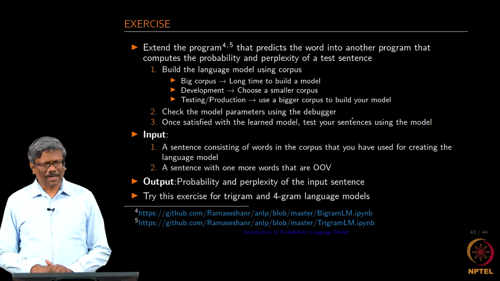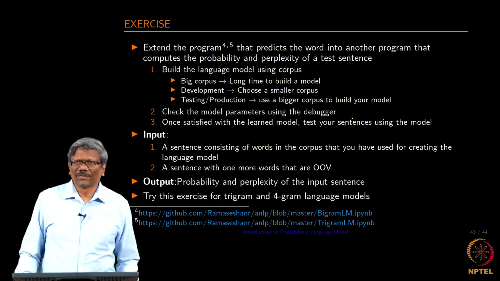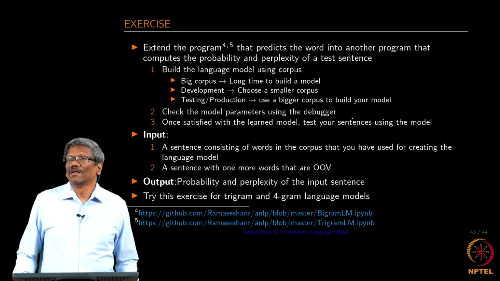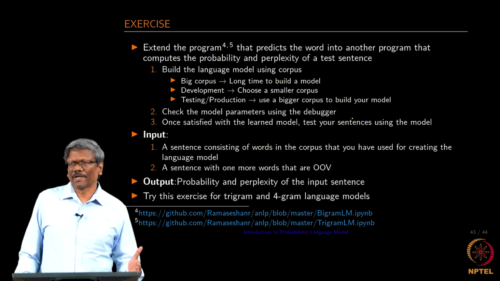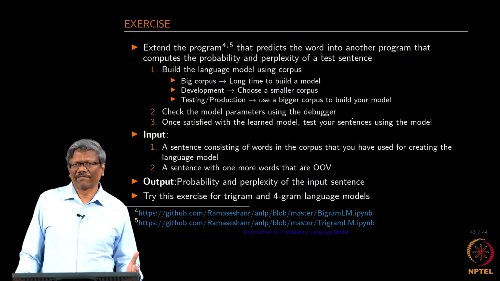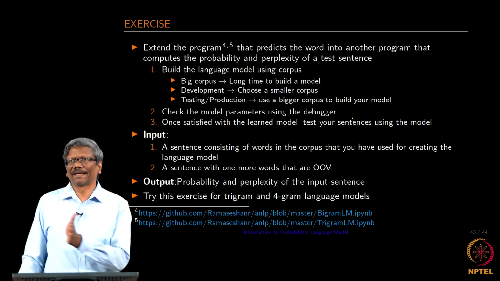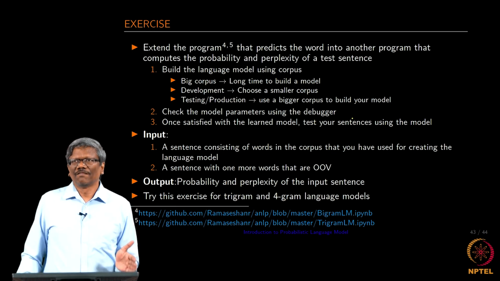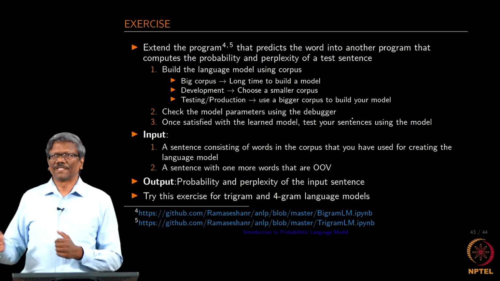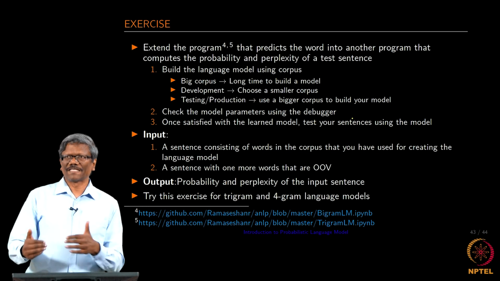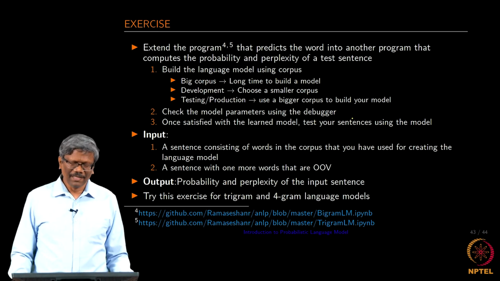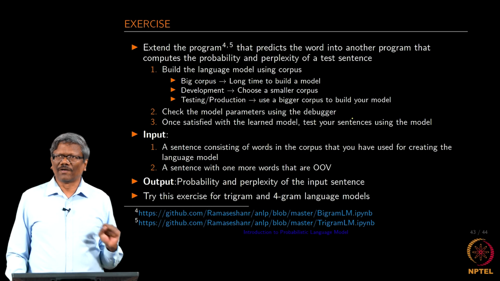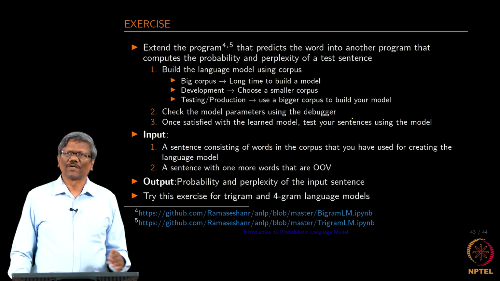So, this is the last part. I am going to be asking you to do this as an exercise. I am sure you would have noticed that I have spoken about the language model as two things. One is predicting the next word, second one is finding the probability of an input sentence. I have shown some examples of how you can compute the probability of a sentence using a bigram model earlier, but now you have to really build one using the code that I have given.